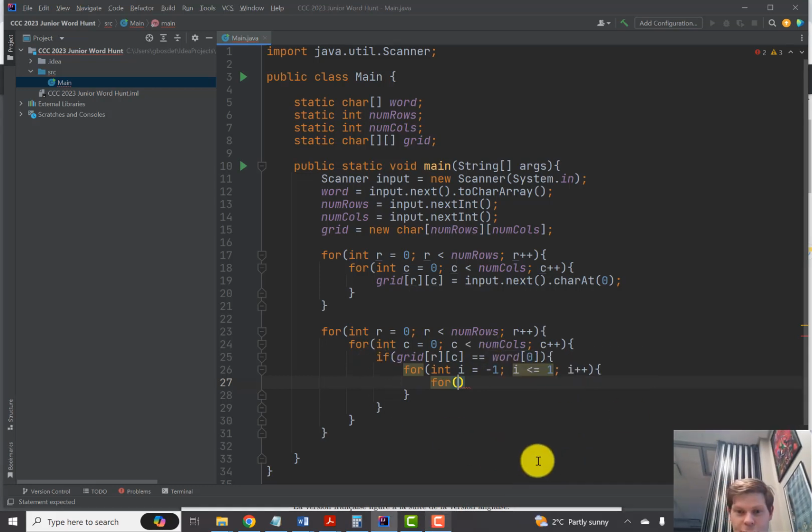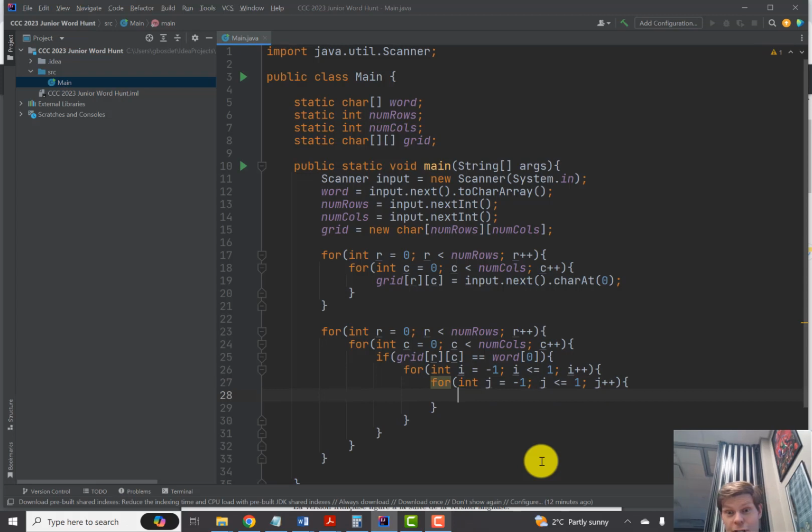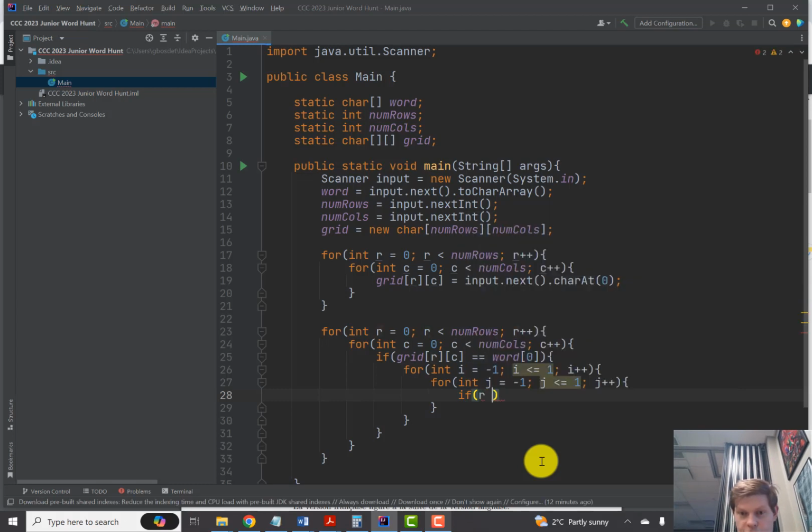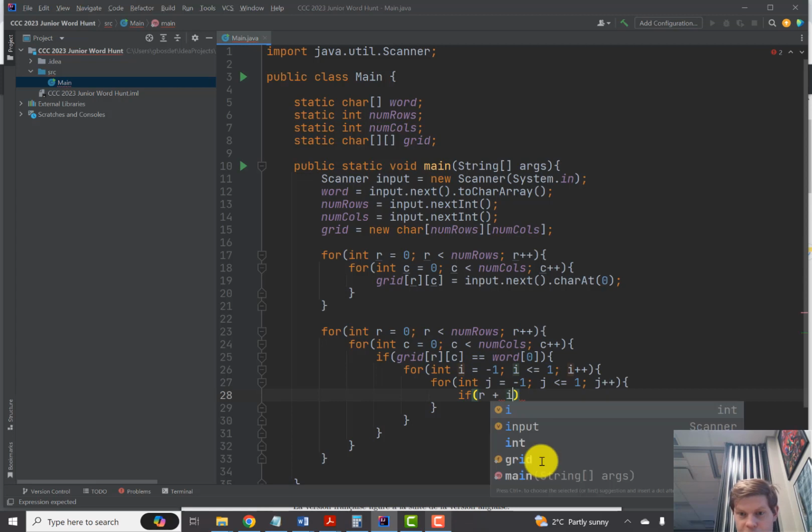All right, and then we'll do our column shift. J equals -1. J is less than or equal to 1. J plus plus. So we got all our little shifts here. If R plus I